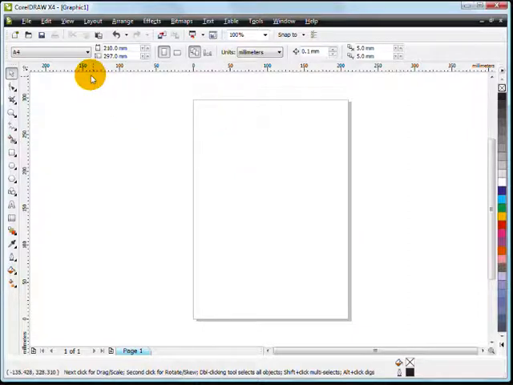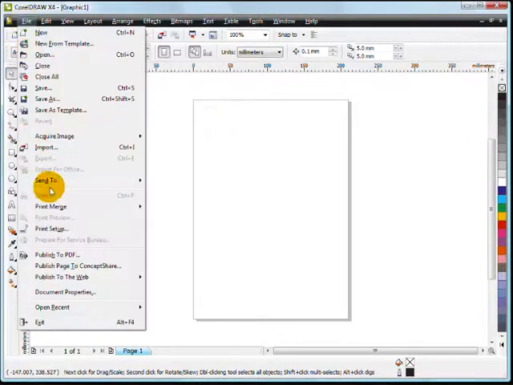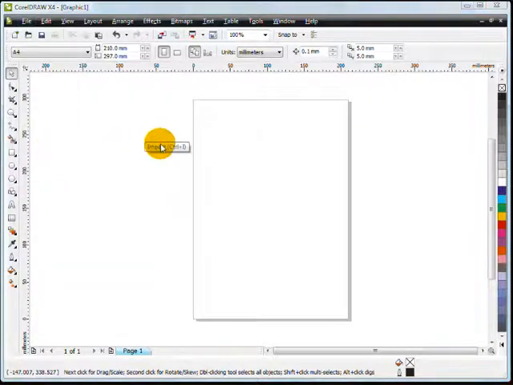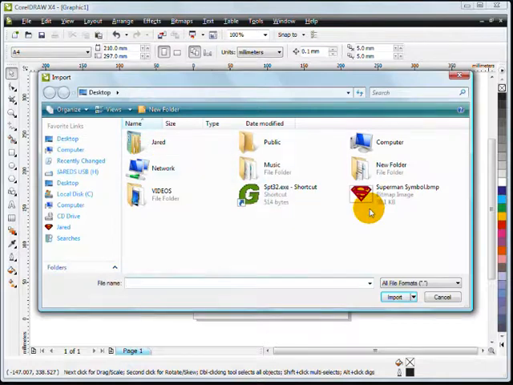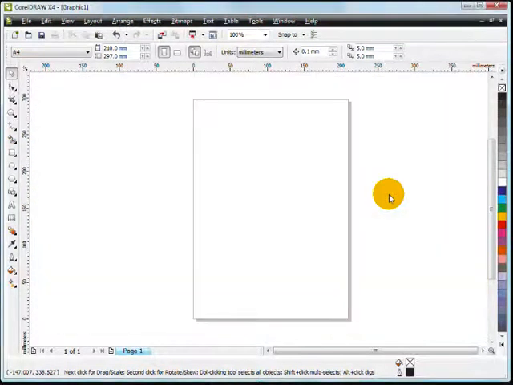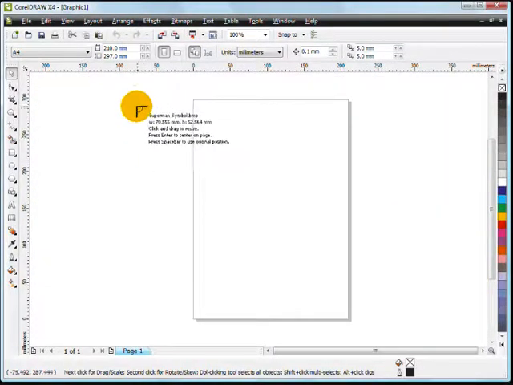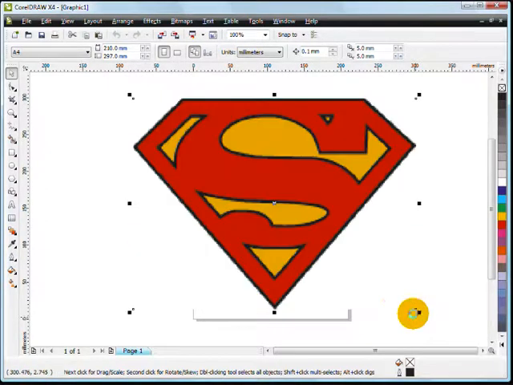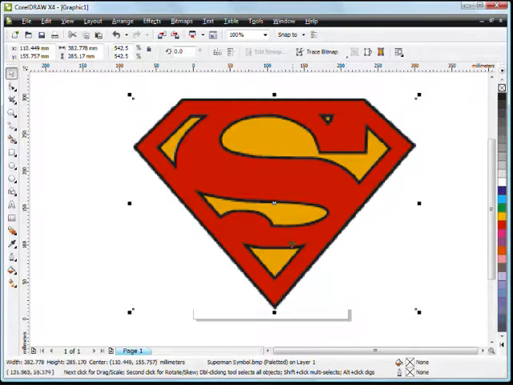So the first step we're going to do is go File, Import, and then locate our file. In this case it is this Superman symbol. Double click, and I can now draw that on the screen using click and drag and drop it on the screen. So there you can see it, and you might notice it's a little bit pixelated because it's a low-res